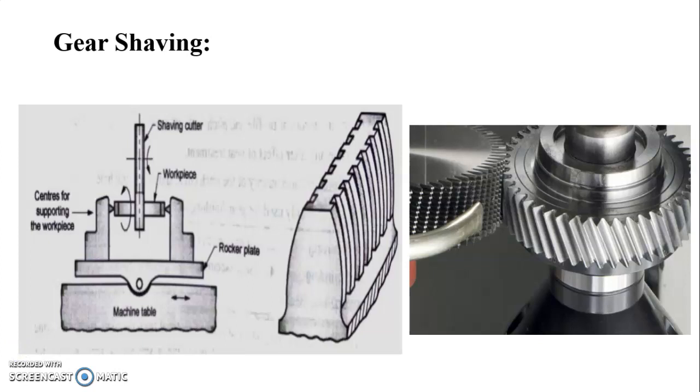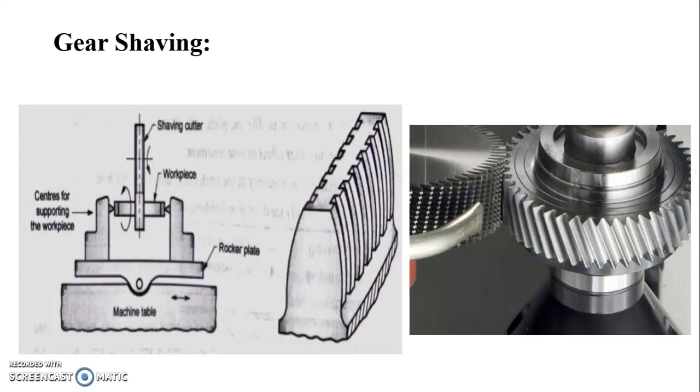In the gear shaving process, very thin chips are removed from the gear tooth surface by the cutting edge of the gear shaving cutter. Gear shaving is used to remove material on the teeth in the form of very fine chips of a size 0.005 mm to 0.1 mm from the gear tooth. The cutter has narrow grooves on the tooth flanks. These teeth form the cutting edges of the shaving cutter.